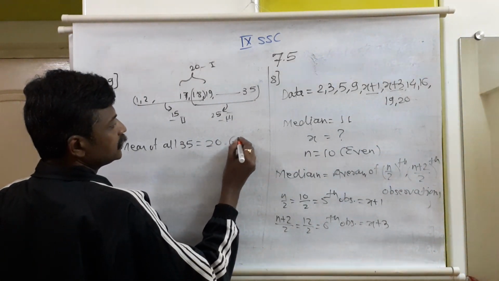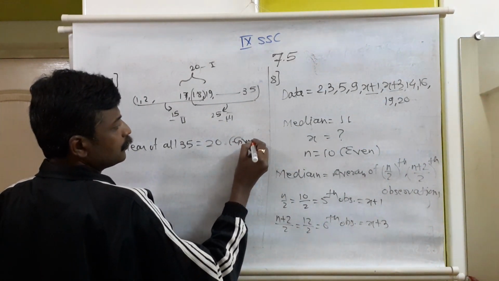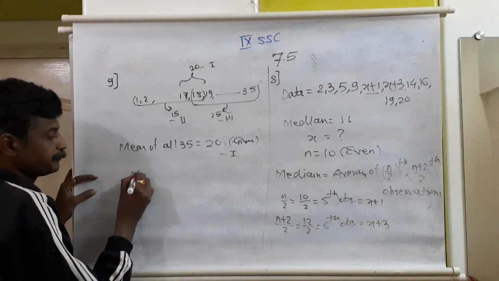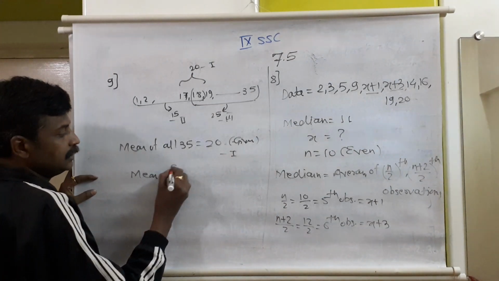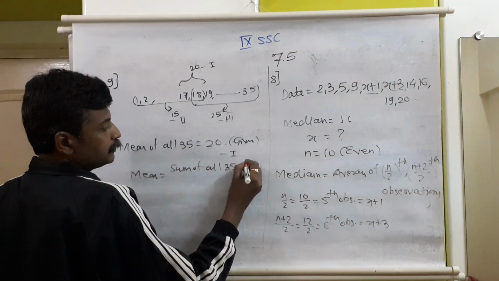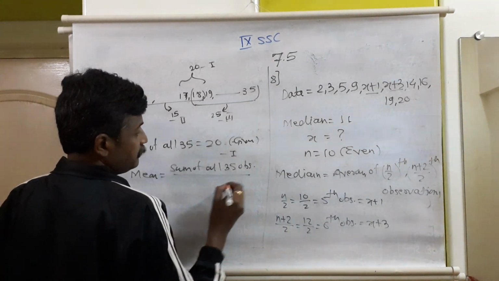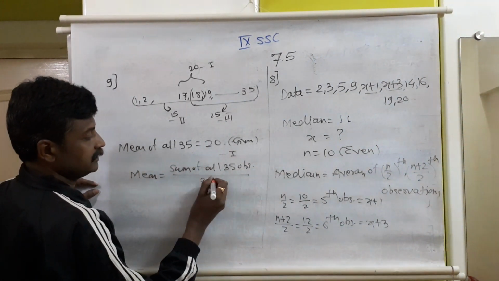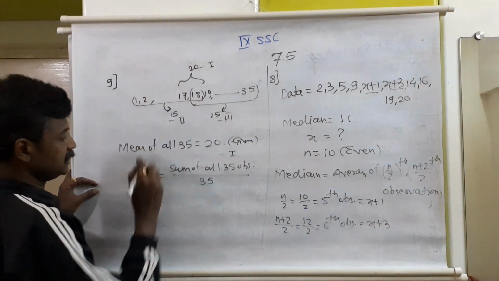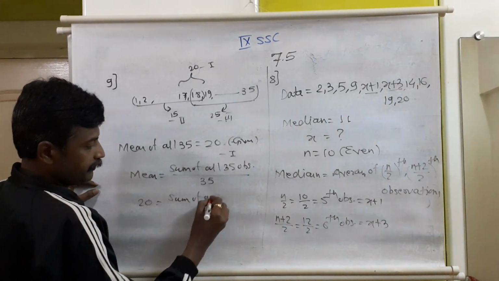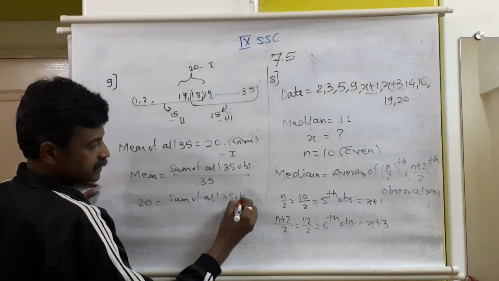This is given to us, equation number 1. Okay, now what is the formula for mean? Mean is equal to sum of all 35 observations divided by number of observations. Number of observations are 35. Mean is given 20. So 20 is equal to sum of all 35 observations